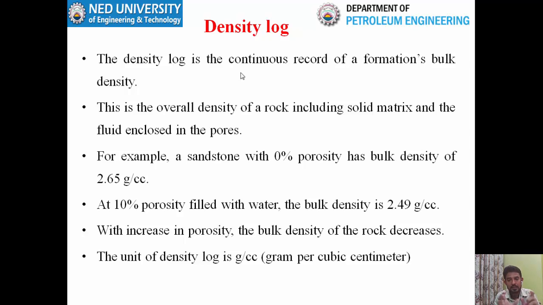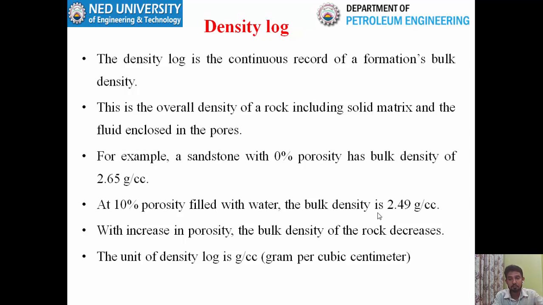densities. But if we consider a particular lithology, for example a sandstone with 0% porosity, it has a bulk density of 2.65 gram per cc. This is the density of a sandstone with no fluid content, and this sandstone is composed of 100% solid. The density of that particular sandstone is 2.65 gram per cc. With increase in porosity, for example at 10% porosity of a sandstone filled with water, the bulk density decreases and it is around now 2.49 gram per cc,